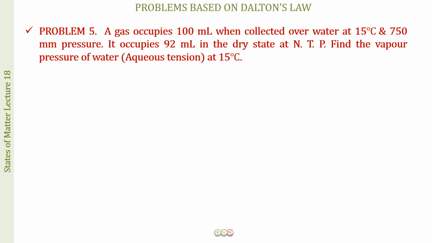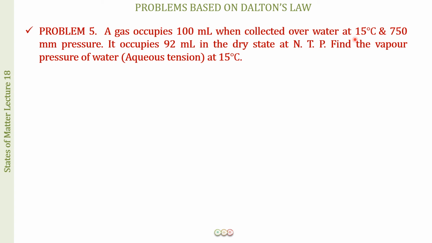Now, the final question for today is based on what we learned in the application of Dalton's law of partial pressure, when we found out what aqueous tension is. How do we find the pressure of a gas which is collected over a liquid? So based upon that learning is the last question, and the question says that a gas occupies 100 ml when